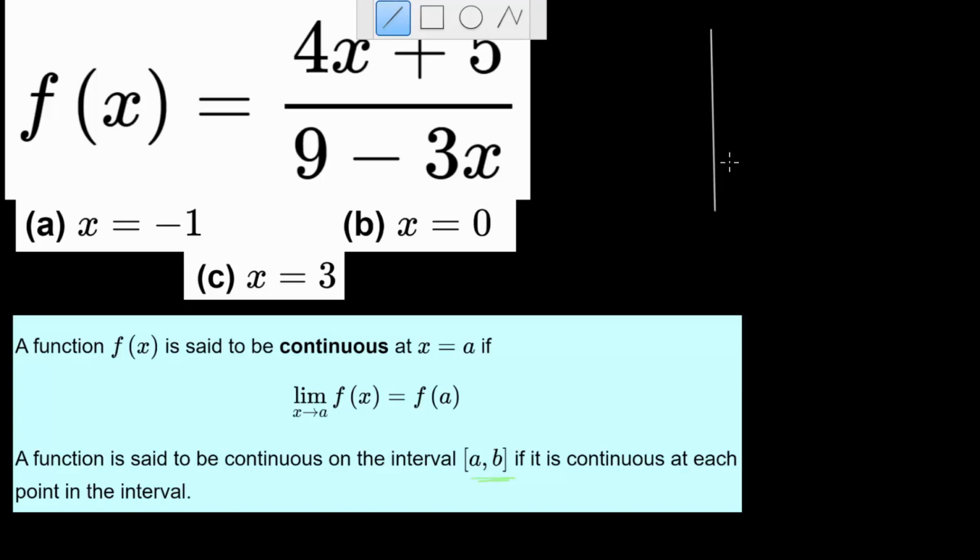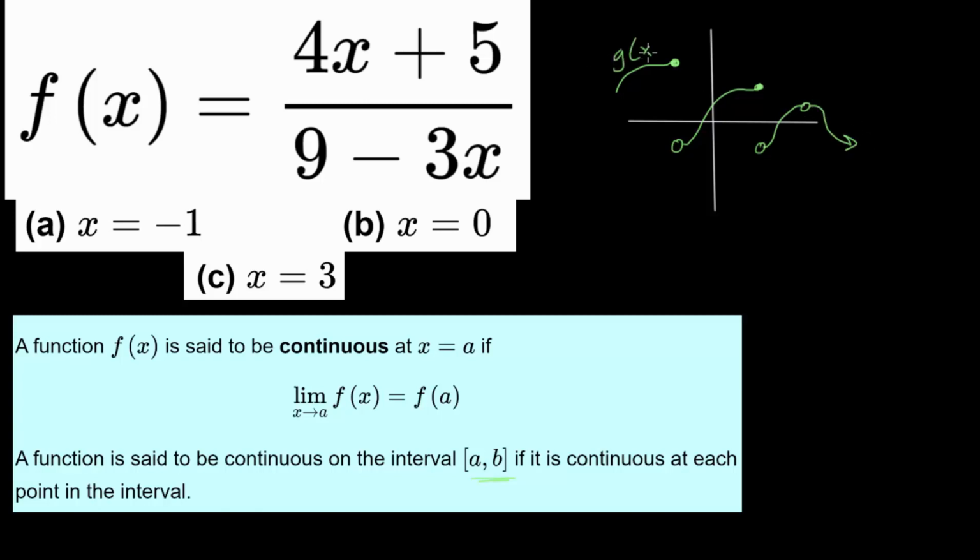Let me draw a quick coordinate plane here. And let's say we have some function, which we can call, let's say g of x. Let's say it looks something like that and ends there and then starts up down here. And maybe we'll have another gap, something like that, and maybe even a hole in the function there. So this function we can call g of x. And when dealing with continuity, it does have a fairly intuitive approach. Continuous functions do not have holes or jumps like this. So we can see, just visually speaking, that here the function is not continuous, as well as right here and